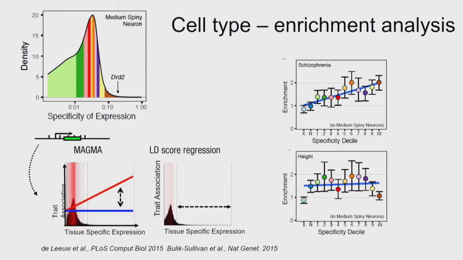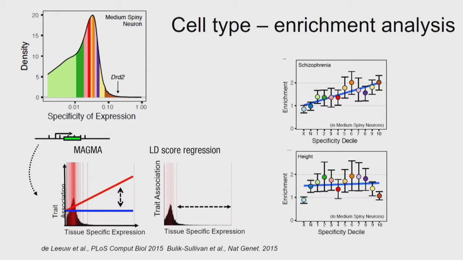And then to marry this, this is of course expression of a gene, but to go from GWAS, which is from SNP to gene, we use two different methods that use different assumptions. We use MAGMA and LD score regression, and we put a window here saying if the SNP is close to this gene, we assign this SNP to that gene. And we didn't do a cutoff. We didn't take just the risk genes, just the genome-wide significant ones. We took all the genes and the risk that is associated with each gene. So even if you have a low risk with your gene, that tiny amount of risk is in this analysis.